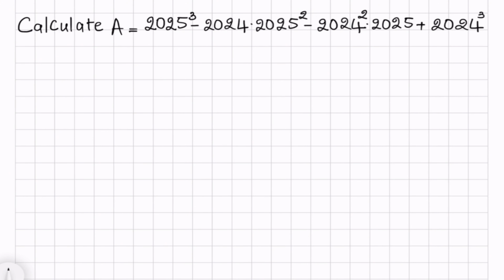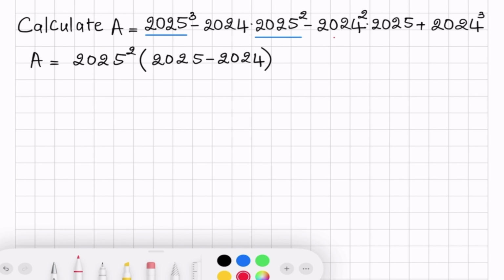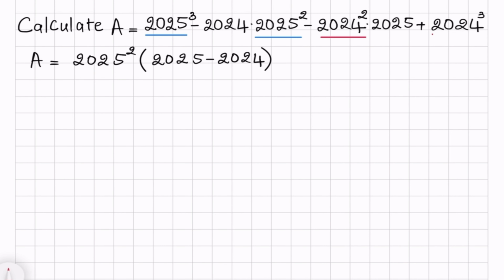So first we have to notice that the first term is 2025 and the second term here we got 2025 square, okay? And we just take 2025 square in common for the first two terms, then we will get 2025 square, and then we got 2025 minus 2024, okay? All right, and then next for the last two terms here we got 2024 square and here is